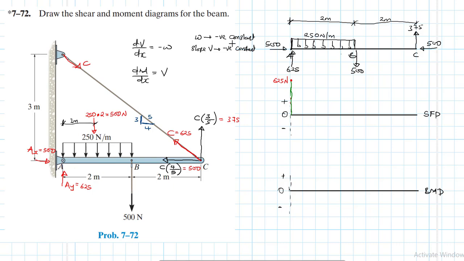So loading negative constant, which is the case here, this is 250 newtons per meter, which is pointing downwards